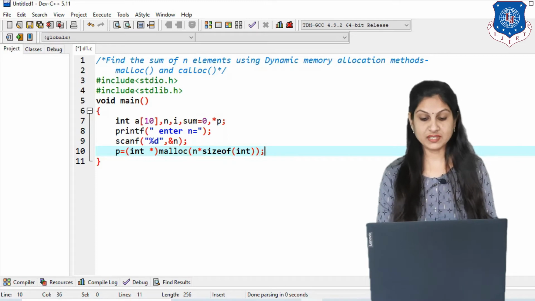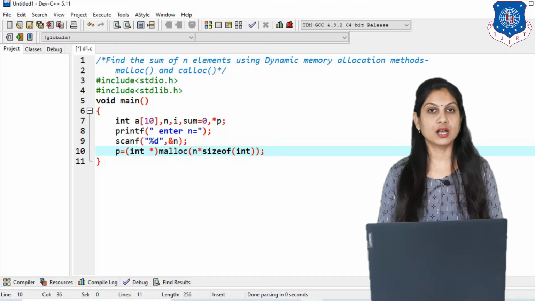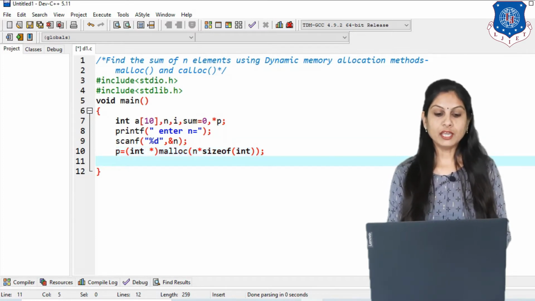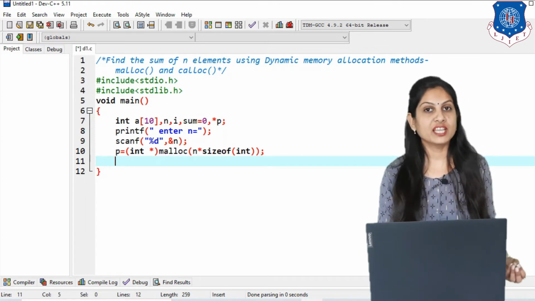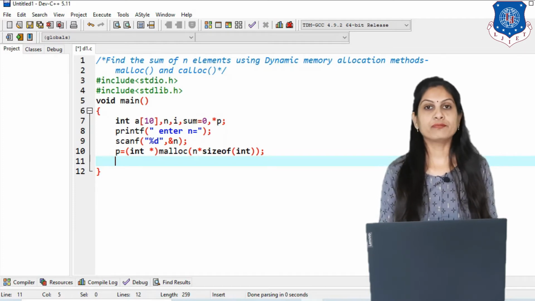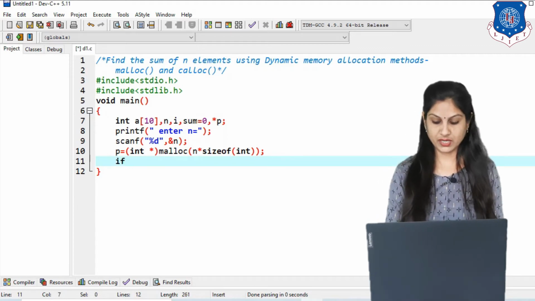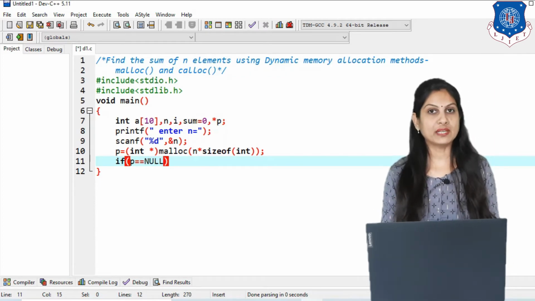So what is the meaning of these statements? As I told earlier in our previous lectures, the malloc function allocates memory as a single block, and if this p has the value NULL, that means we don't have free space for allocating these bytes. So first check whether the memory is available or not, and for that we use an if condition. If p equals NULL, that indicates there is no memory available, so you cannot allocate it.